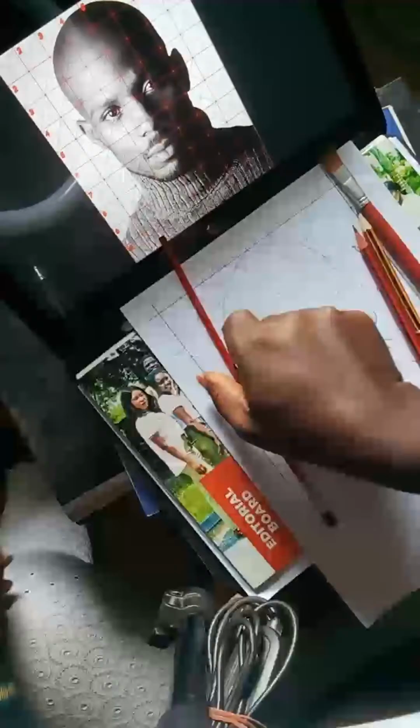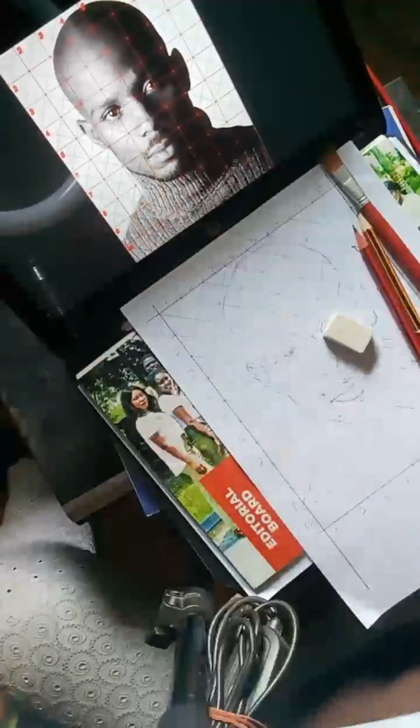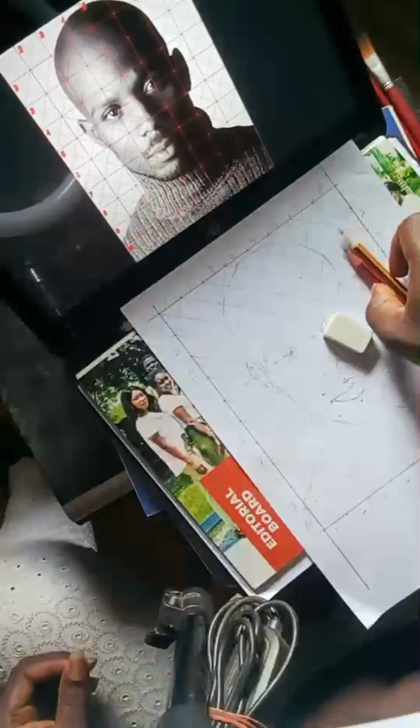How to draw reference photos. We started something yesterday for those in class, and I promised you today we're going to continue. So as you can see, this is what we tried drawing yesterday. This is DMX, from the image you're seeing here, the late DMX,